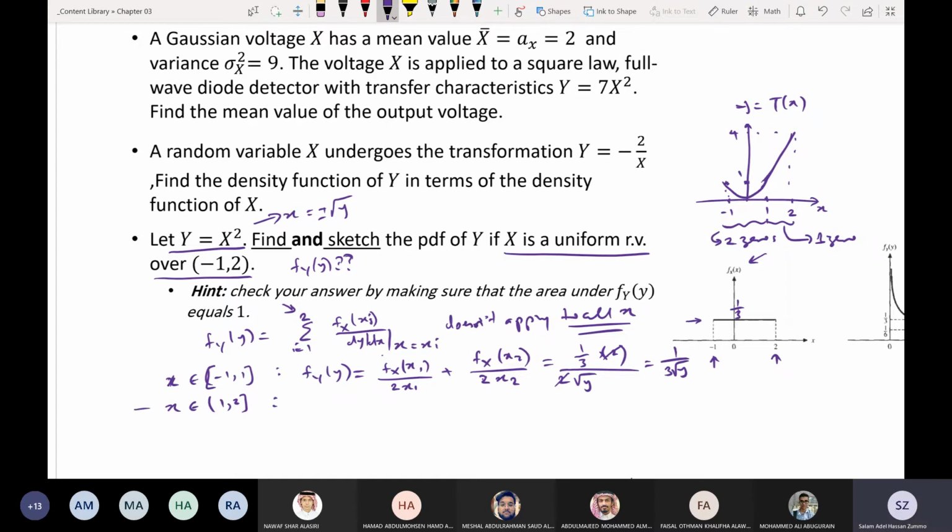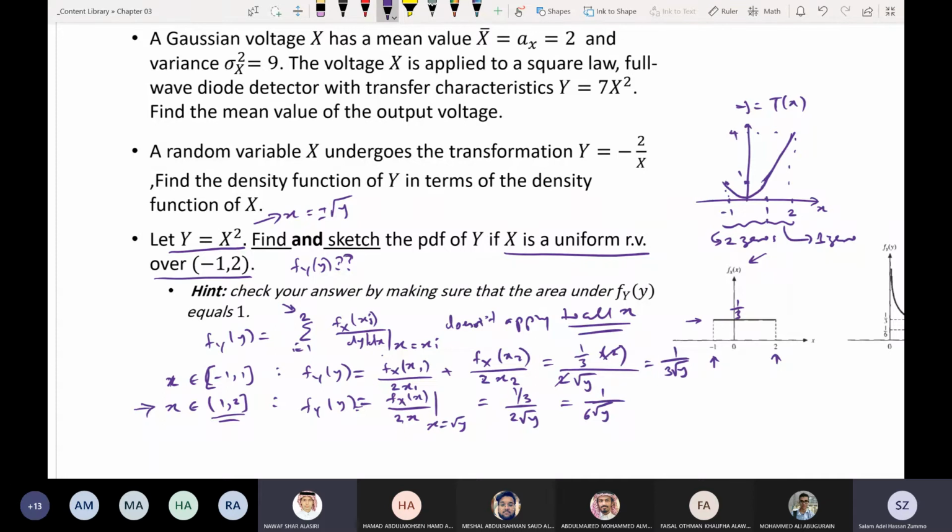Now for the second range, where we have 1 zero only, between 1 and 2, fy of y will have the same shape. However, it will be fx of x divided by 2x evaluated at x equal square root of y. We have only 1 zero here, which will be 1 over 3, divided by 2 square root of y. So it will be 1 over 6 square root of y. واضحة شباب؟